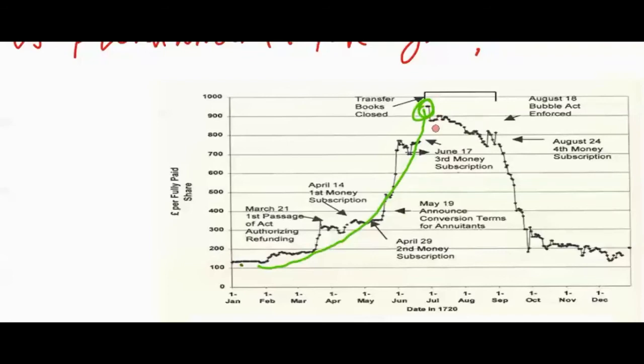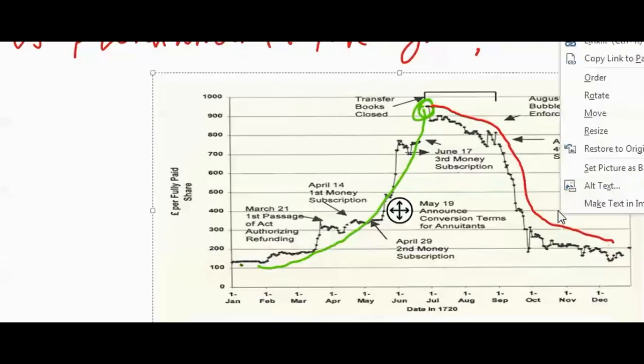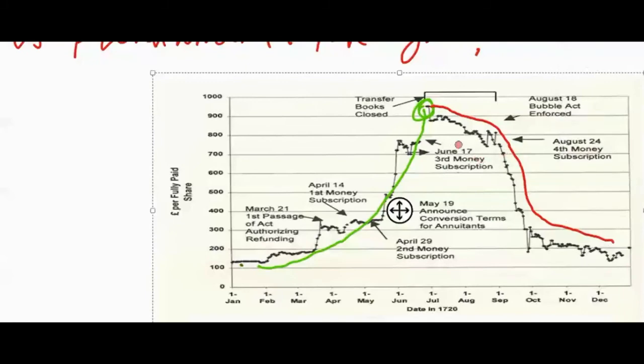However, as time went by, the company did not really start to make any profits or any trade as it was supposed to do, and investors started to realize that the company is not performing anymore, and the company is not really delivering any cash flow. And then this is what happened. The company started falling. The share price started to fall.